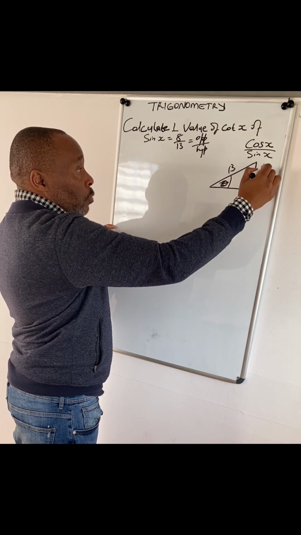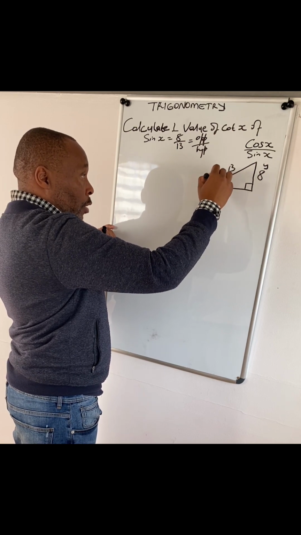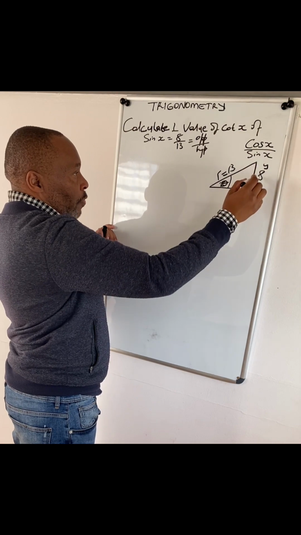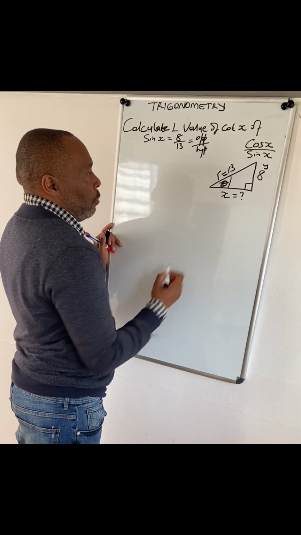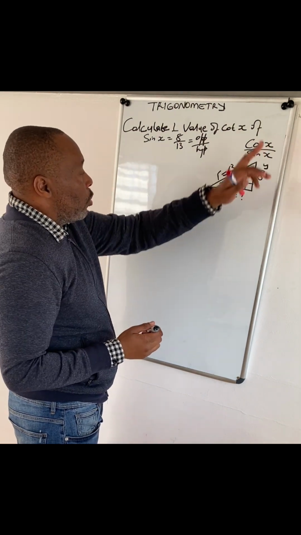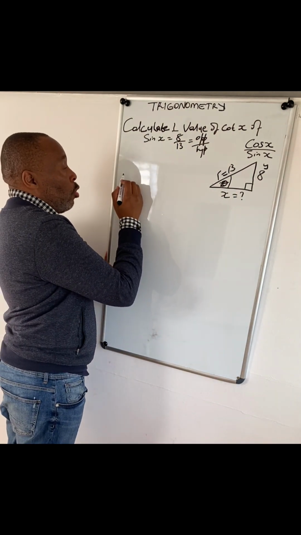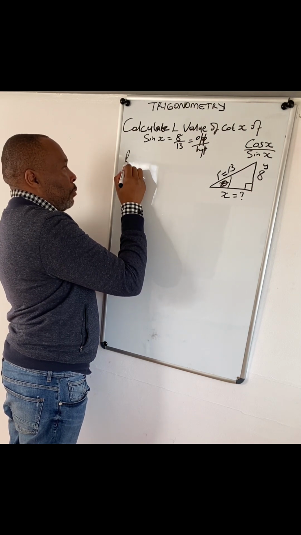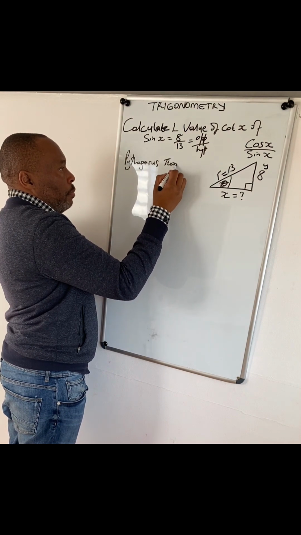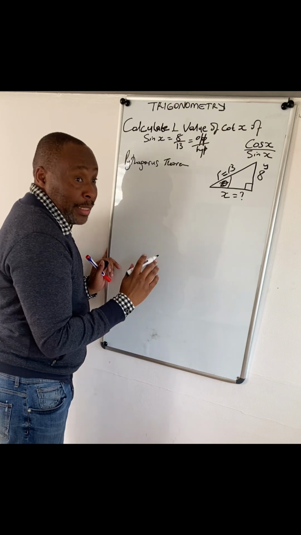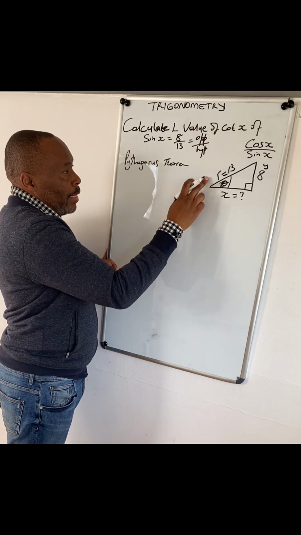This is our y value, which is the opposite. This is our r value, which is the hypotenuse. The y value is 8, the r value is 13. We don't have x, so we cannot come up with cos x until we find x. So we come back to what we call Pythagoras theorem. Now I'll write it down. I've said it before but didn't write it in other videos. Here I will write. Pythagoras says